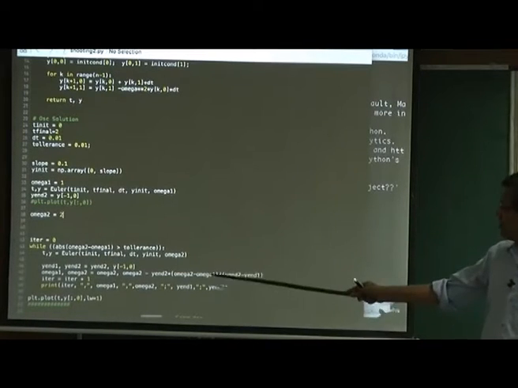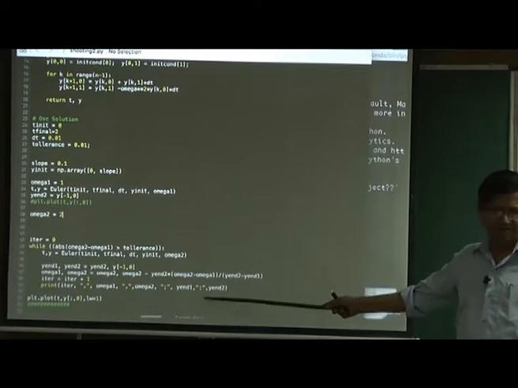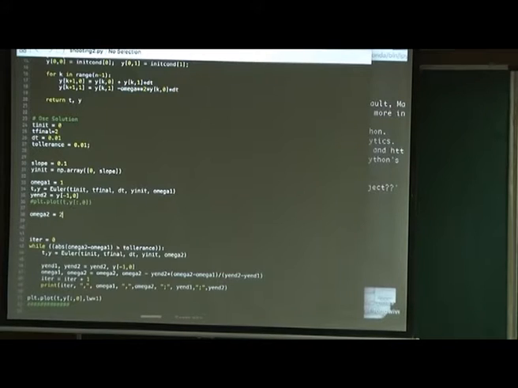This is my new omegas, and I again print omega 1, omega 2, and I will just see how I converge. I am trying to find the omega which will give me the correct end point. Okay, let us run it.